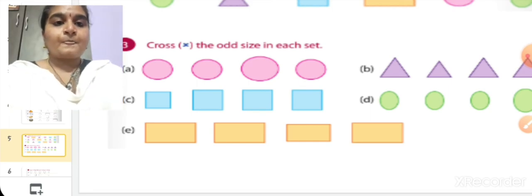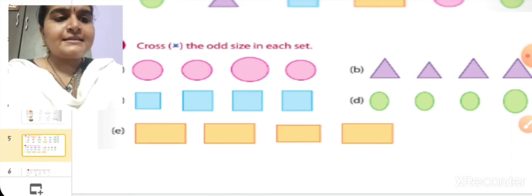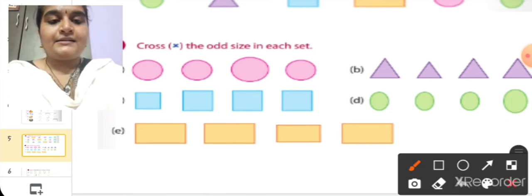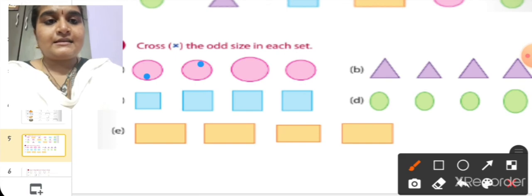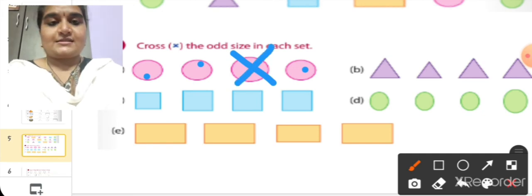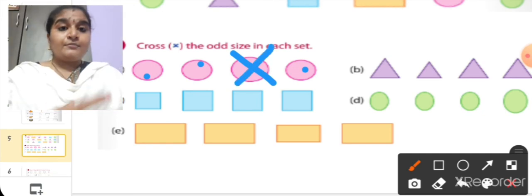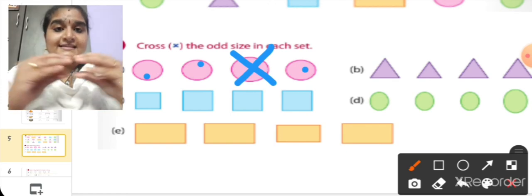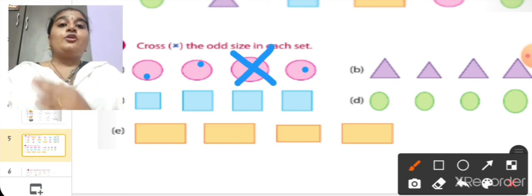Which is the odd size here? These are equal size. This is the bigger one, no? We will cross it. Odd one means which is not the same size. That one you are going to cross.